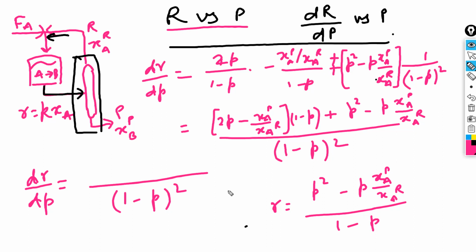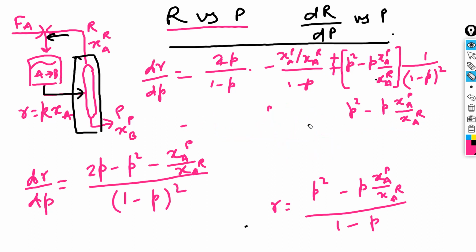Okay, so that's actually 2p minus p square minus xap by xar. So the rest of the stuff is not so relevant. What we were looking for, those two equations we have been able to derive. And by the way,